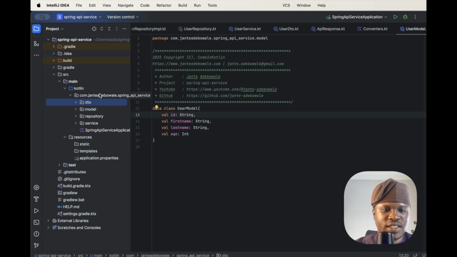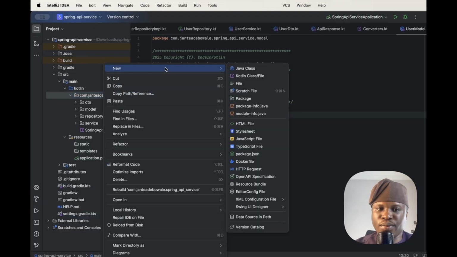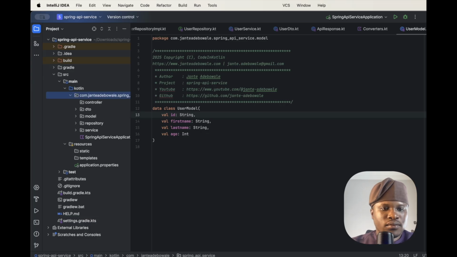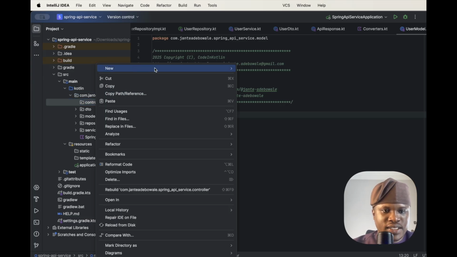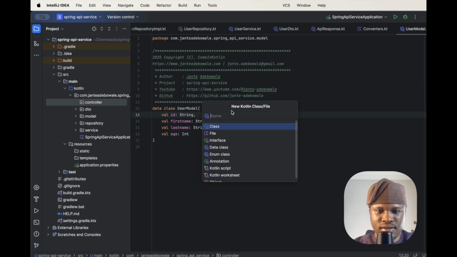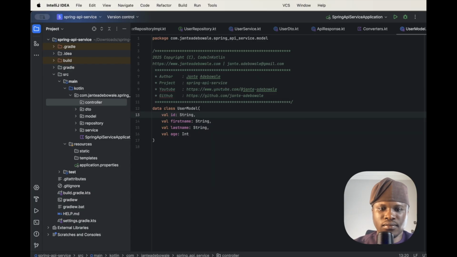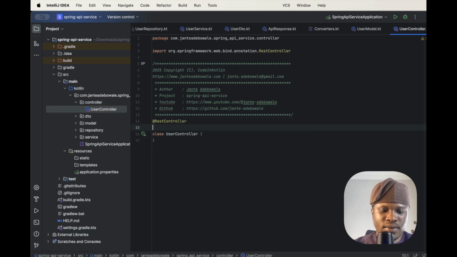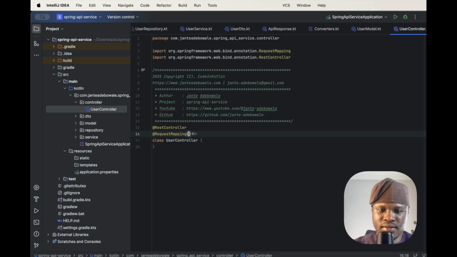So what we need to create here is our endpoint, which will be controller when it comes to a Spring Boot application, right? So I'll create a controller package here. Then I'll create a class. This is a Kotlin class. This will be UserController, right? So we'll normally annotate this with RestController, right? Then we'll make request mapping. For the request mapping, we have